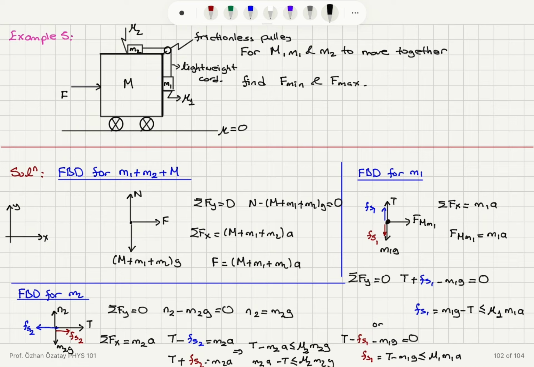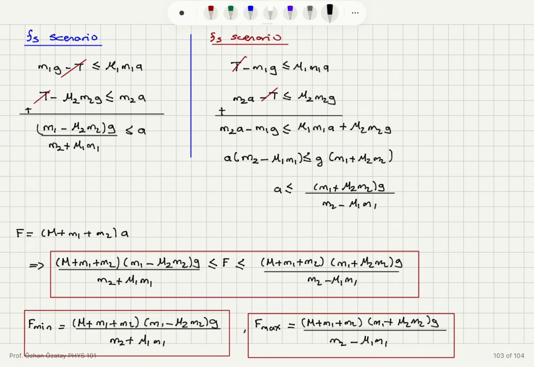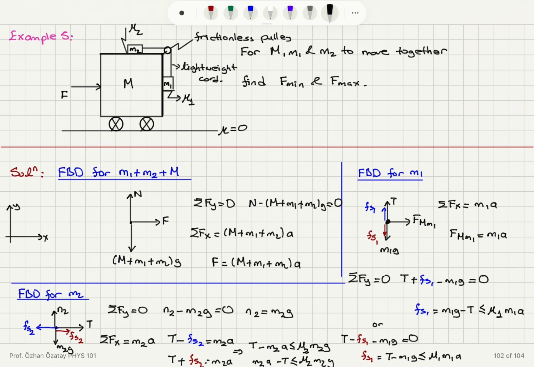So by considering these two different scenarios, we find a range of F values, and that allows us to determine the minimum and maximum allowed values in order to keep capital M, M1 and M2